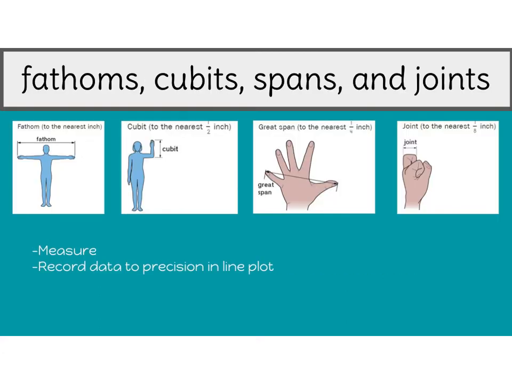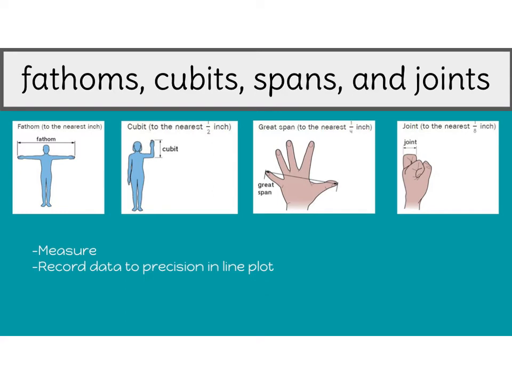To get started today, we are going to talk about fathoms, cubits, spans, and joints. And if you didn't use your student reference journal earlier, or a reference book, you might not have looked up these personal measures, but this is a grouping of those personal measurements, and they're also at the top of your student math journal, page 258, if you want to go ahead and open that up